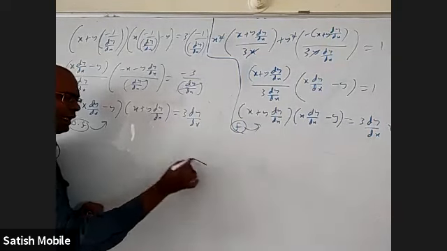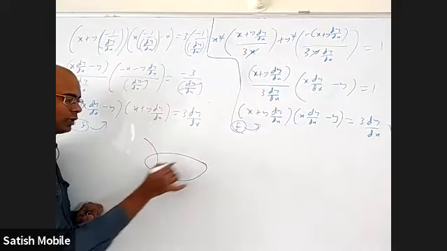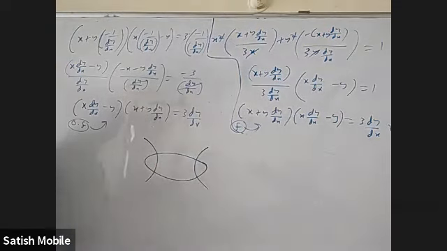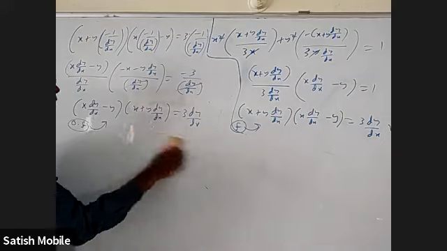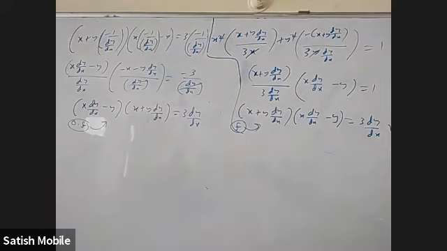All of you remember an ellipse and a hyperbola, they will intersect each other orthogonally. Does anybody remember that point? What is the condition for them to intersect each other orthogonally? They should be confocal. They should have the same focus. If an ellipse and hyperbola have the same foci, they'll intersect each other orthogonally.